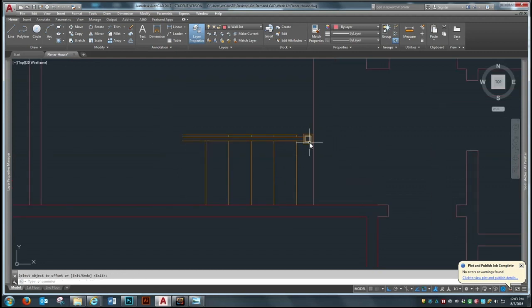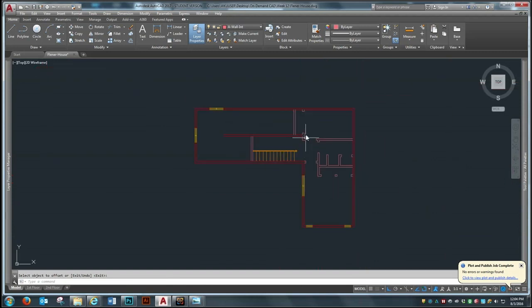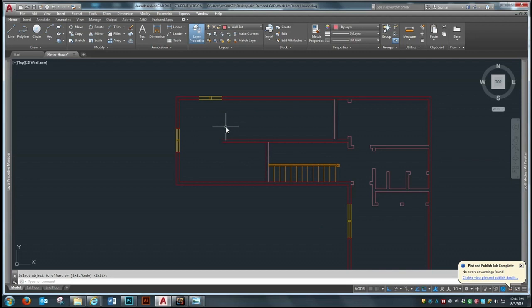And we will move this to here, erase it, extend these lines, and then offset 12, like so. Now we have our stairs, and so we'll finish up the